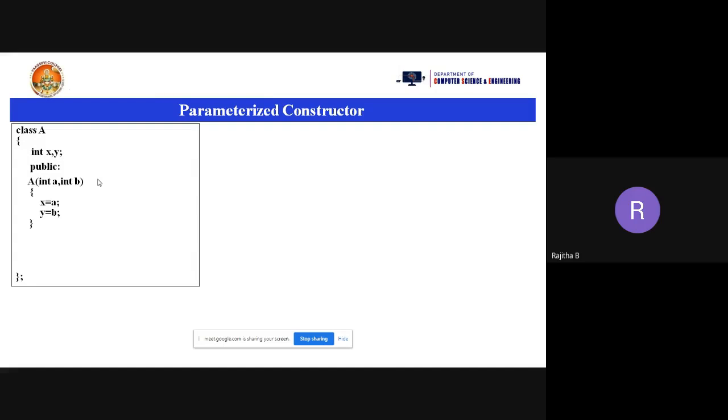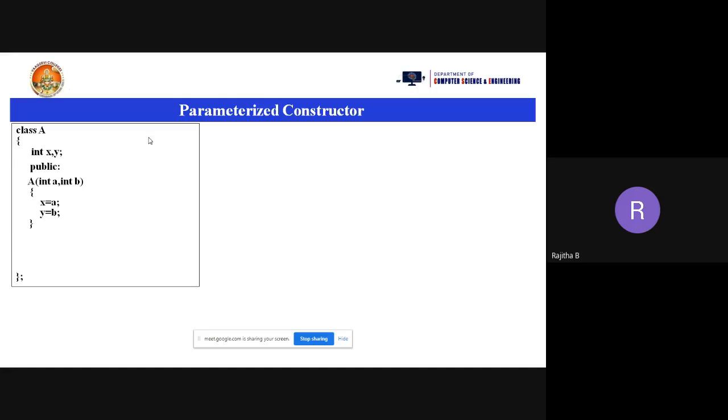Then I'm taking the constructor. What type of constructor is it? Parameterized constructor. Now, how can you say that it is a constructor? While you are seeing the program, there are data members, member functions, and a number of statements. Among the statements, how can we identify that a function is a constructor? Can anyone tell me? Class name. Yes, good. The class name and the constructor name are the same, so we have to take the class name as the constructor name here.